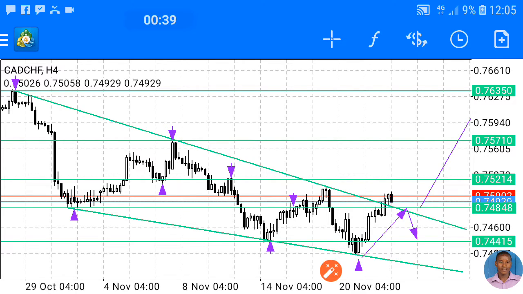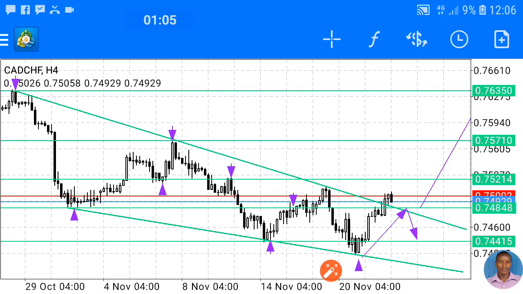Okay, so I'm going to explain what I think this pair would move in the following week. Please keep in mind that these videos that I'm recording are for educational purposes only, and please do not take these as signals. Okay, so this is the chart that we have on Canadian dollar versus Swiss francs,